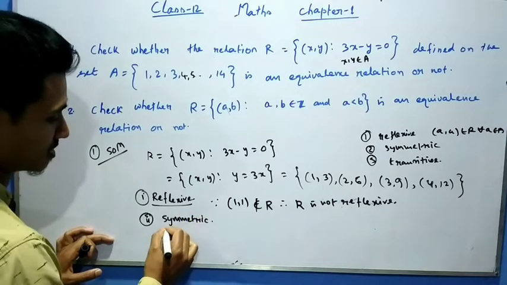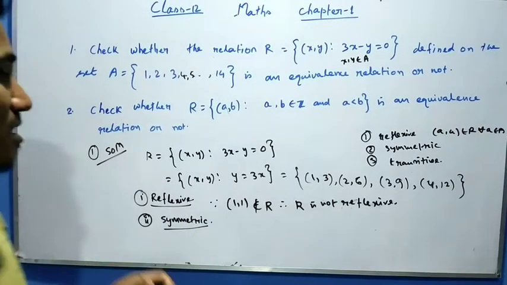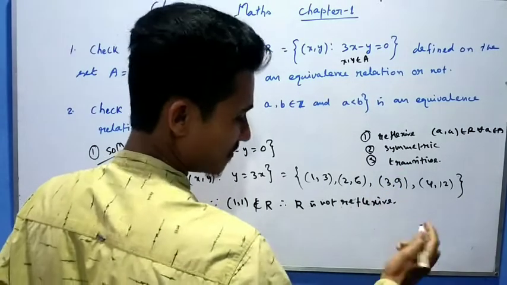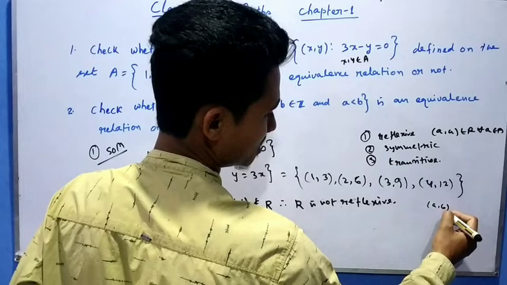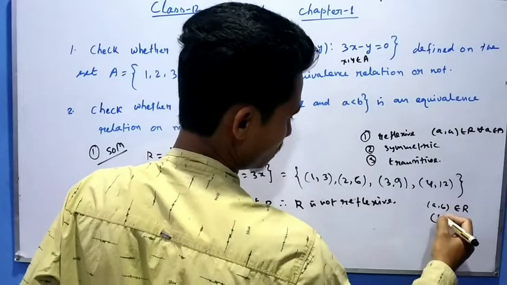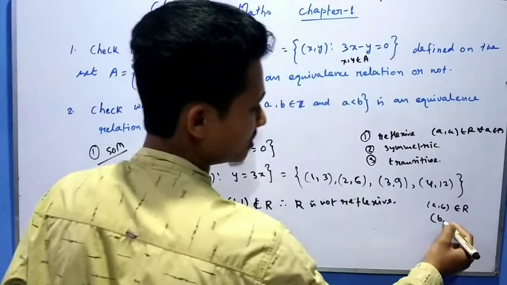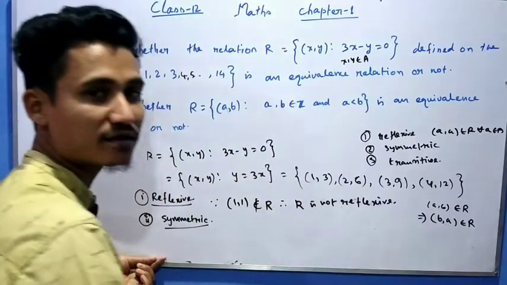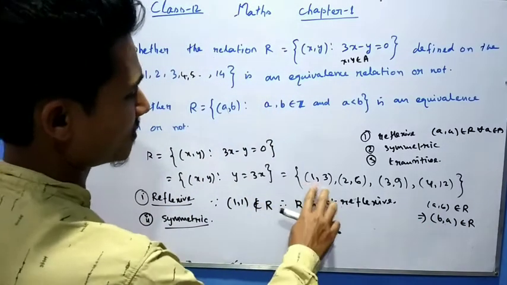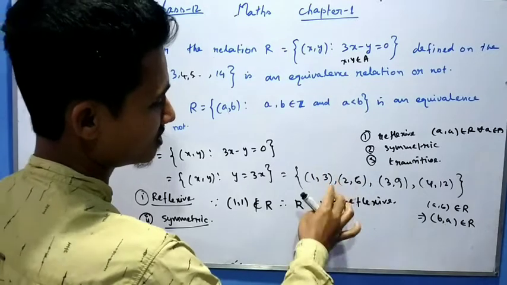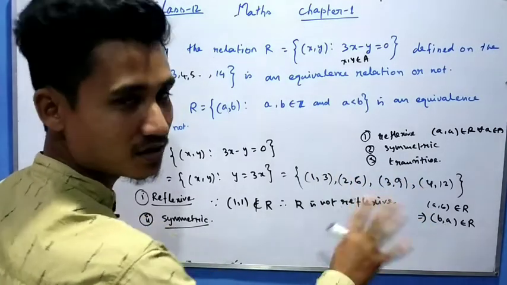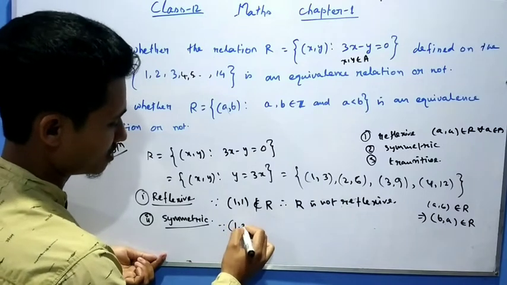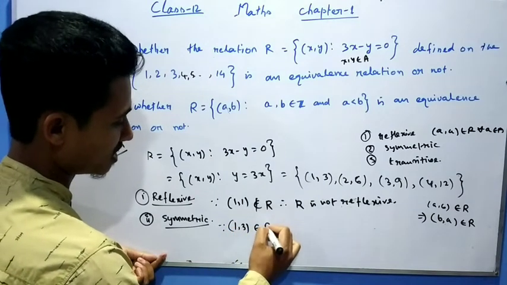Symmetric property. Okay, symmetric relation. For a symmetric relation, we know that if (A, B) belongs to the relation, then its reverse must also belong to the relation. So check whether (1, 3) is there; its reverse, (3, 1), must be there. (3, 1) is not there, so we'll directly write: since (1, 3) belongs to the relation